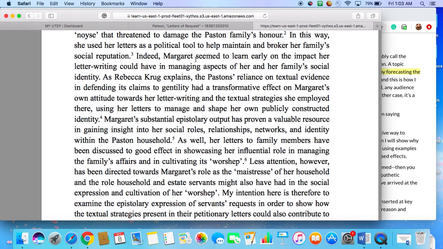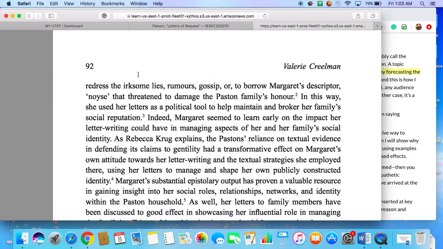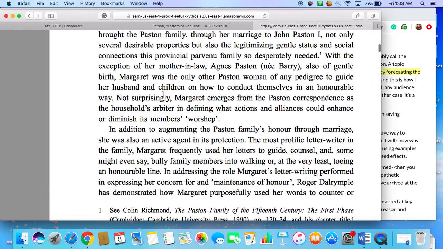Indeed, Margaret seemed to learn early on the impact her letter writing could have in managing aspects of her family's social identity. As Rebecca Krug claims,